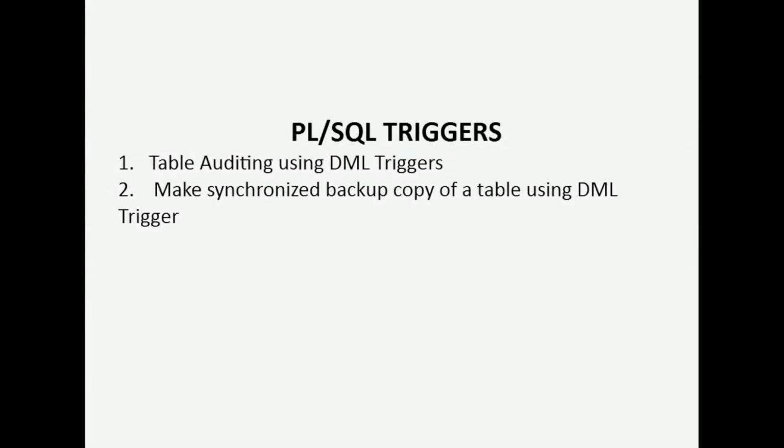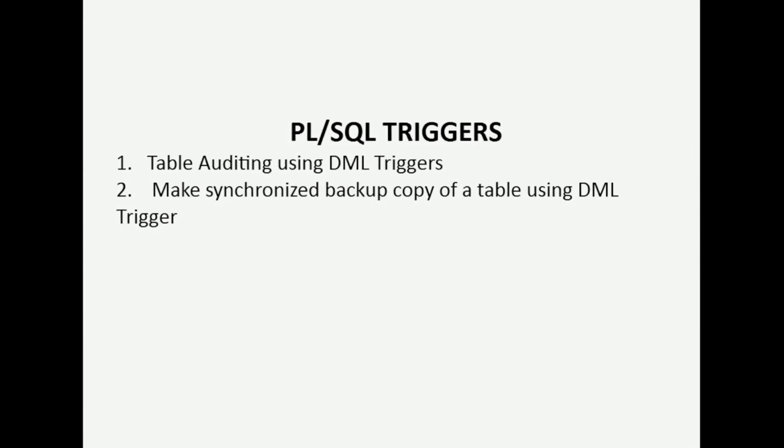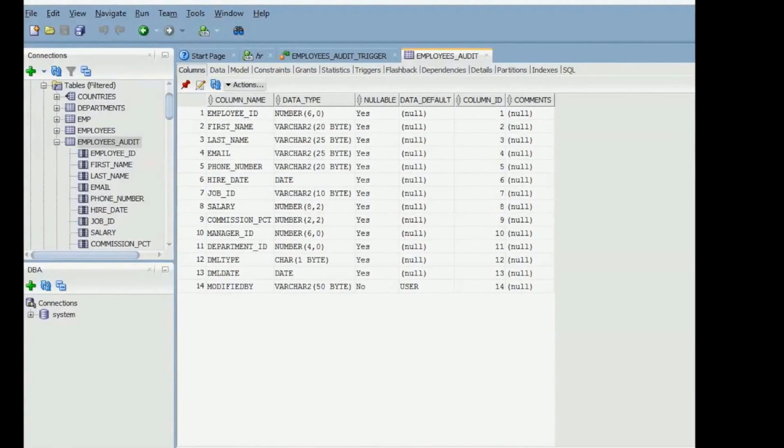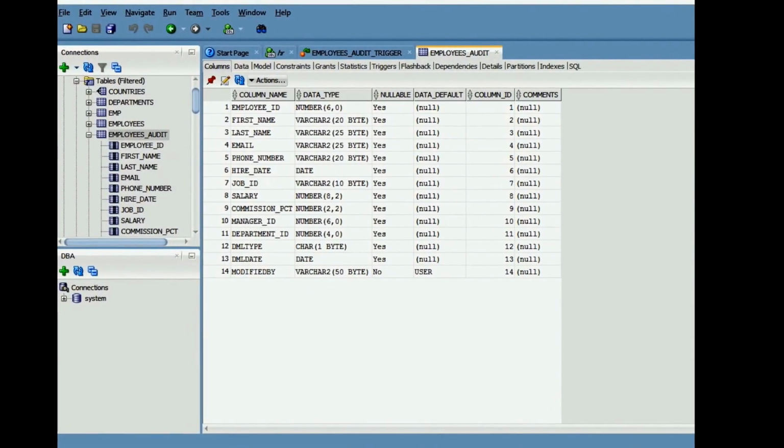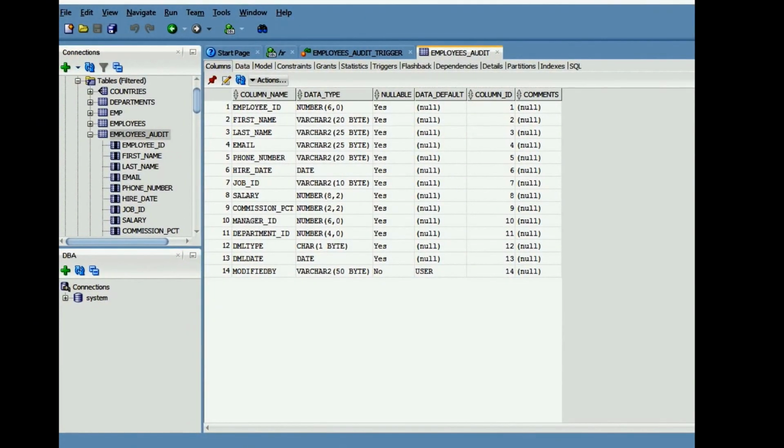In this video, we'll take a look at a couple of demos of DML triggers to use them in DML audit of a table and synchronized backup copy of a table. DML triggers can be a useful tool to keep track of DML changes on a table or auditing DML activities